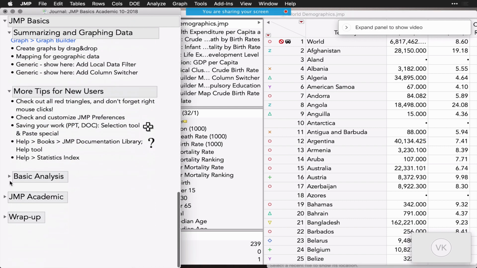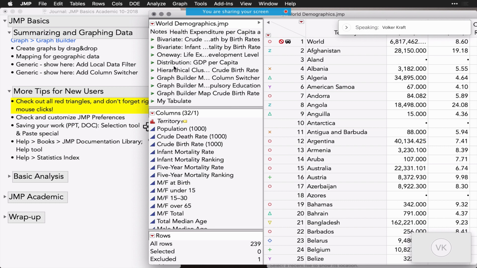I move on to some tips. So we already talked about the red triangles. I open an output again. So let me open this distribution GDP per capita